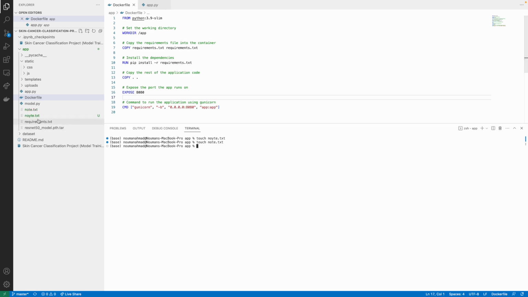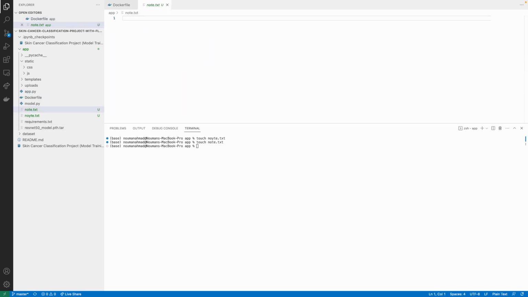Node.txt. Here is node.txt, I'm just copying and pasting what I wrote. So here we just built a Docker app with a name, and then once we build it, we run this app, and when we run it we can see how many applications are running, such as with Docker